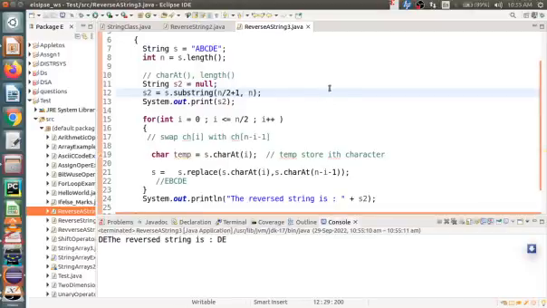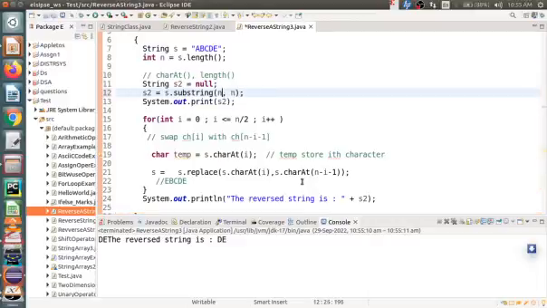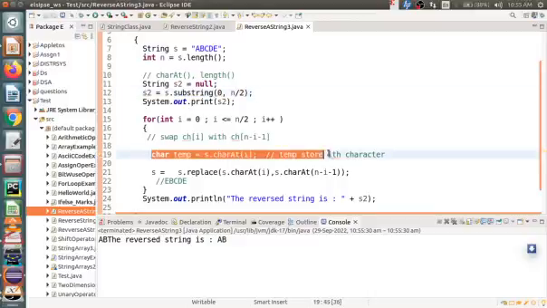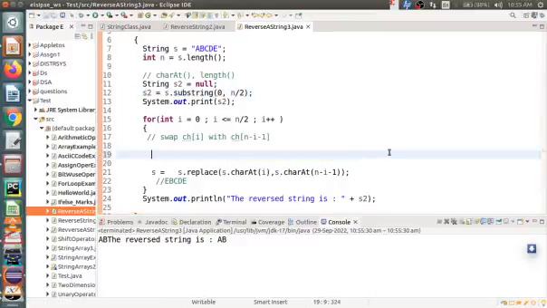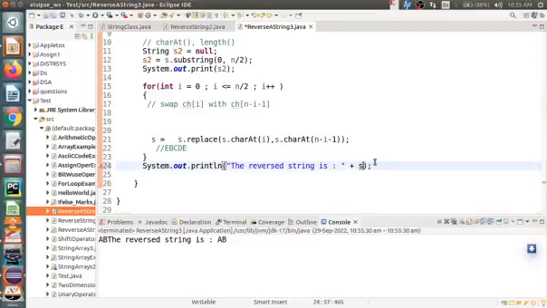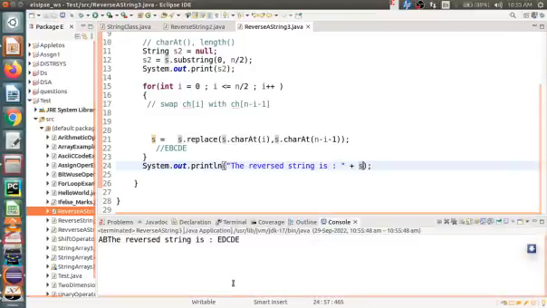D. So I will keep this string. Okay. Let us replace this string. And I will keep this 0 to n by 2, AP. Fine, so AP will be stored. I will do the replace. Okay, and then my final string will be, so that is EDCDE. Now I will replace with